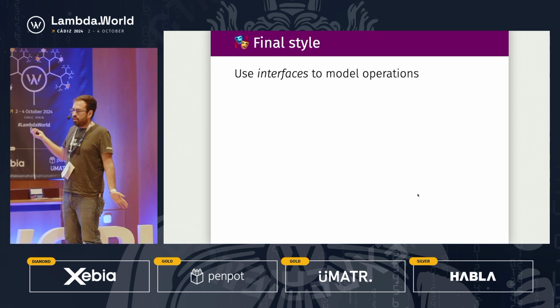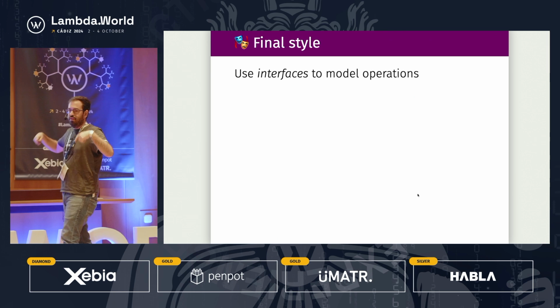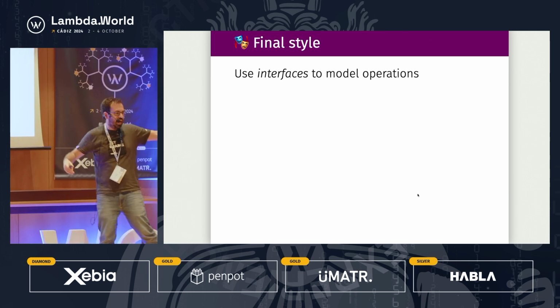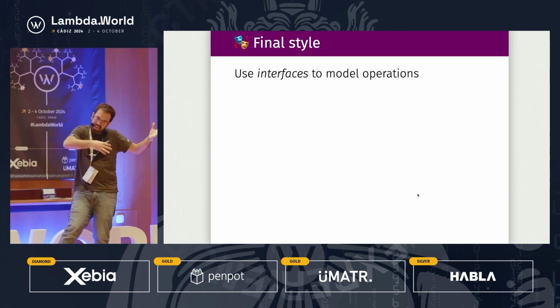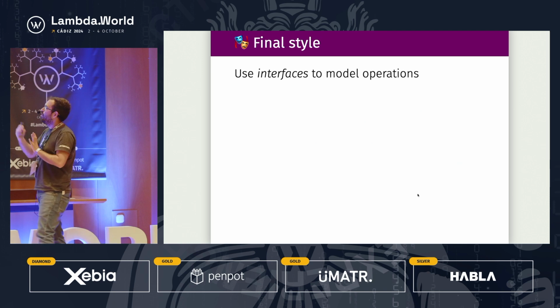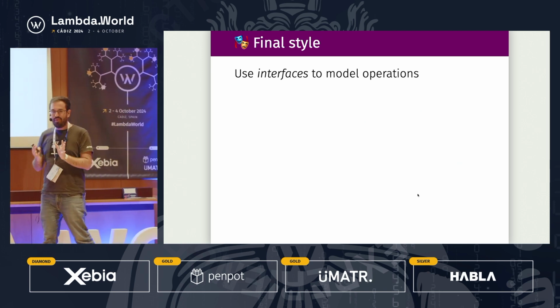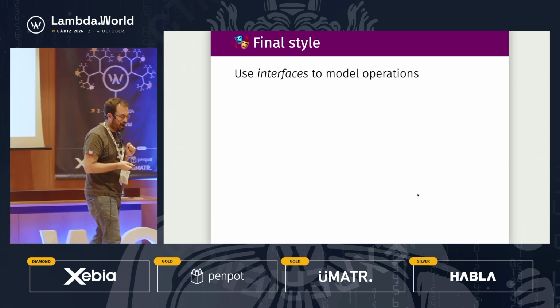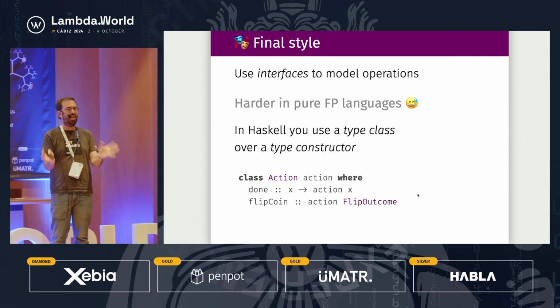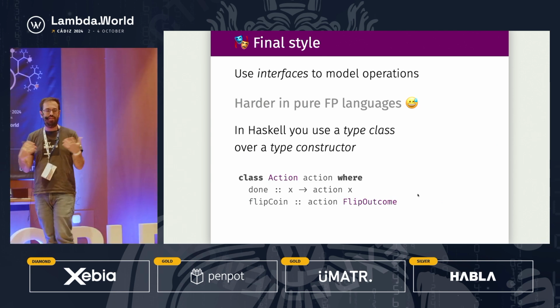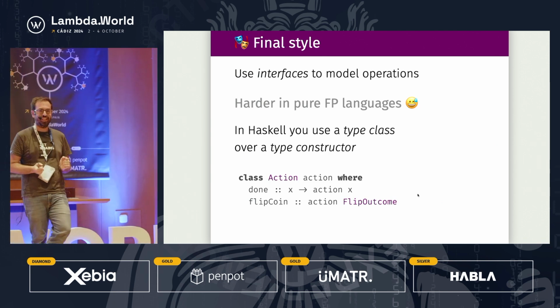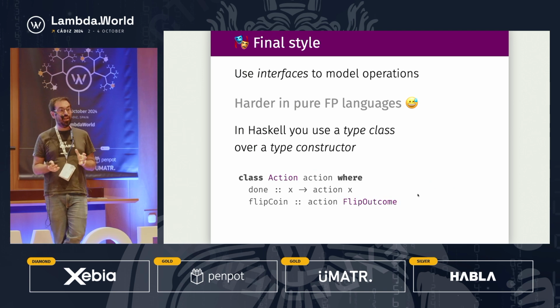Now, this is what we call the final style of modeling operations. I didn't mention it, but the other style is called initial style. So this is the final one, where you use interfaces to model operations. And this is always something I get: what is the point of doing this? Like, okay, you have spent essentially 15 minutes to tell me that you can use interfaces to program. Thank you. I knew that